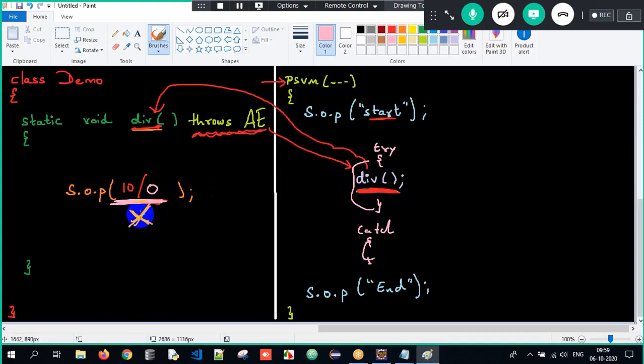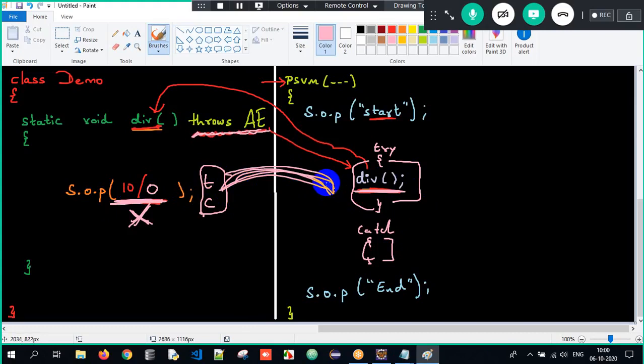So that indication has to be given to the caller, and I do it with the help of throws ArithmeticException. It's information to the caller that an exception might occur and that has not been handled, so the caller himself will surround with a try and catch block. In simple terms, a try and catch block should be used in the method, but we are propagating it, transferring it to the caller side. So this is called the throws keyword.